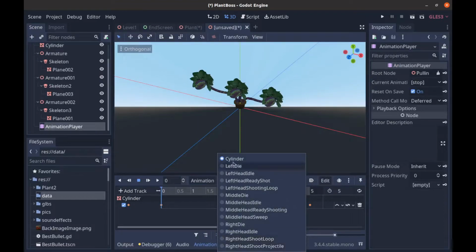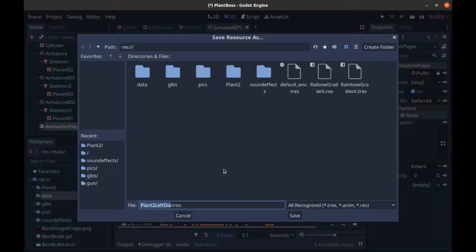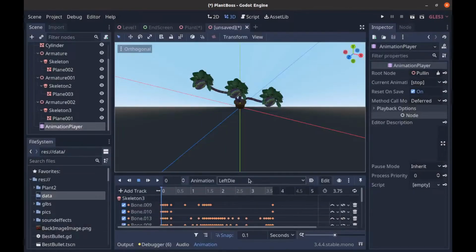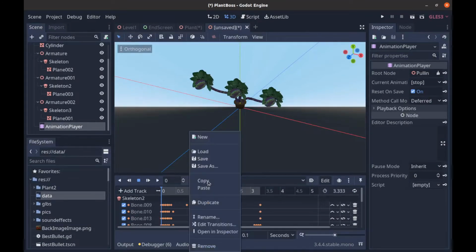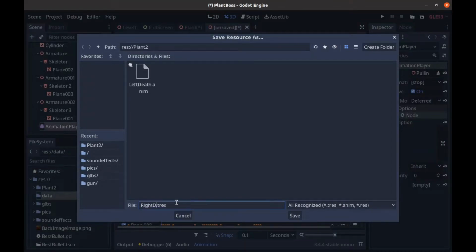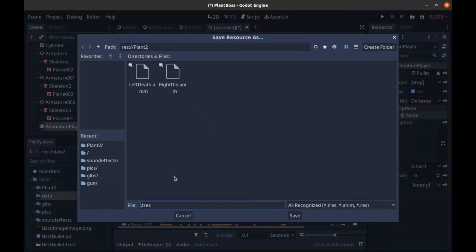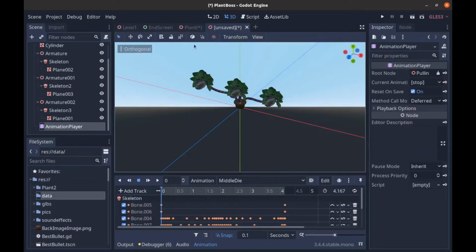And let's make sure we have the die. So let's go animation, save as, and what is it called? Left die. So let's say left death dot anim, and we'll save that in the plant 2, and then we'll go to the right die, animation, save as right die, and we'll call that dot anim, and we'll save it, and then we'll also get the middle die, and we'll go animation, save as, and then middle die dot anim, and get rid of the TRES, and we'll save it,